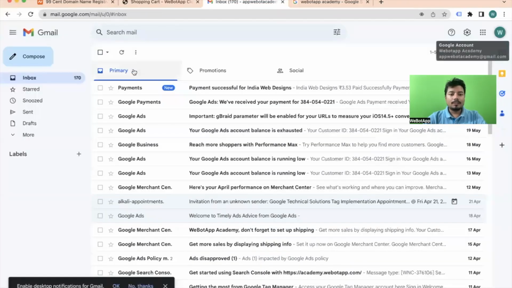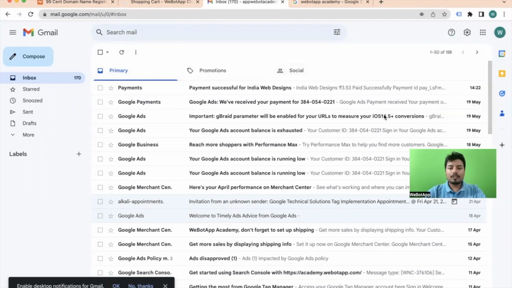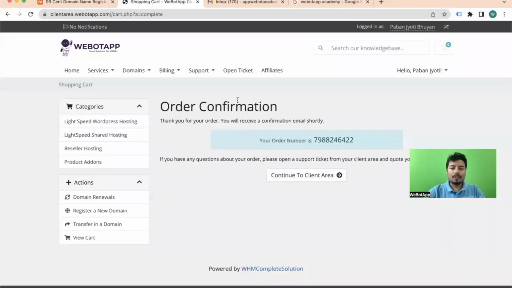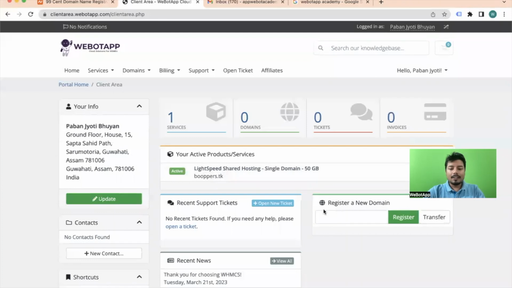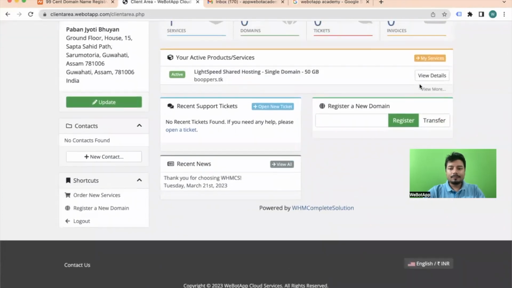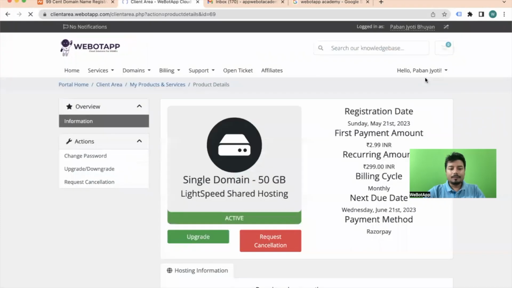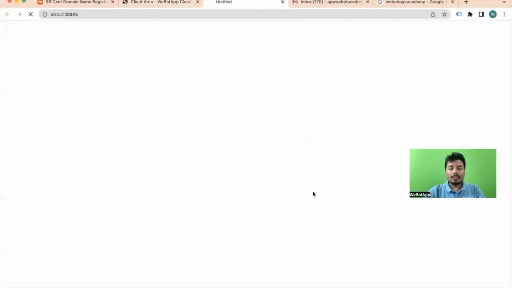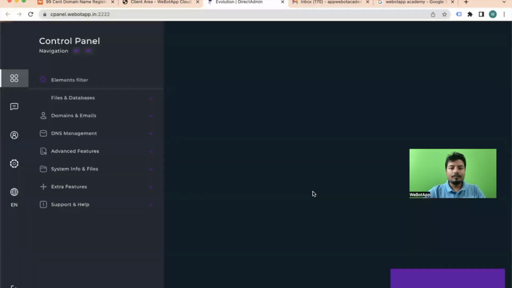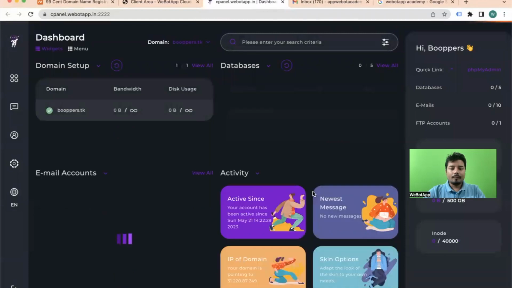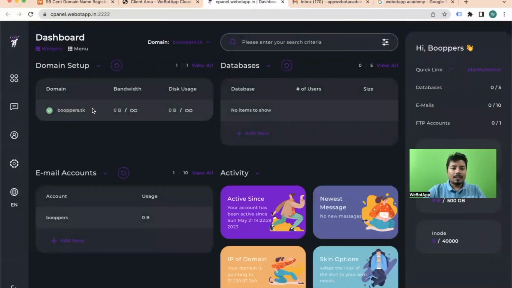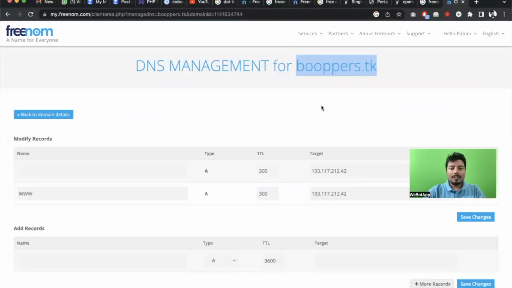Let us go to this email box, and now I can see I have successfully paid to India Web Designs, the name of our primary company. Okay, and now I will click on go to client area, and then a few details here. The product is now active, then log in to DirectAdmin. I will be directly logging in to DirectAdmin here. Okay, so I can see boopers.tk, this domain has been created,